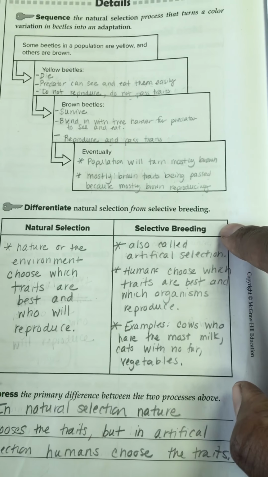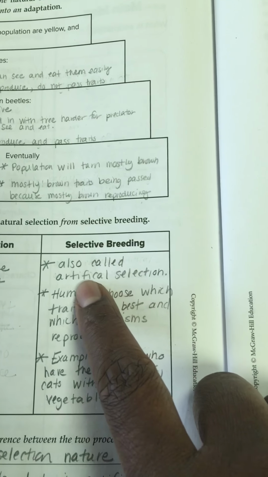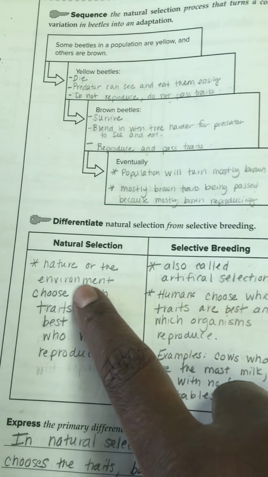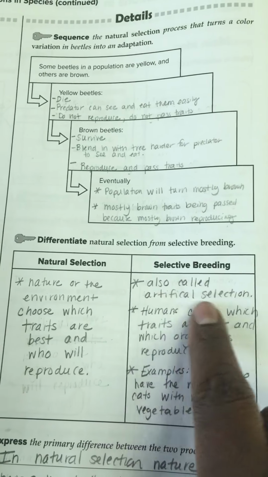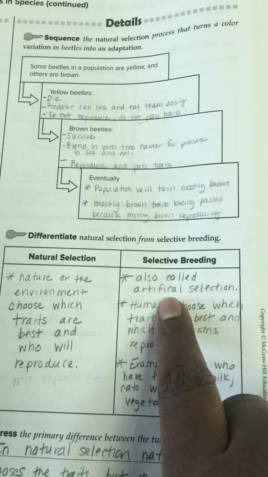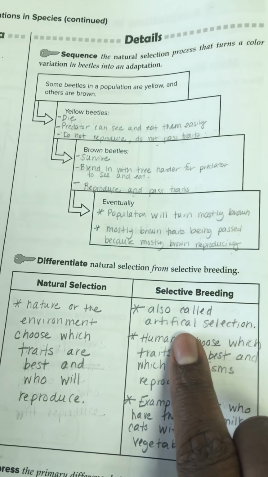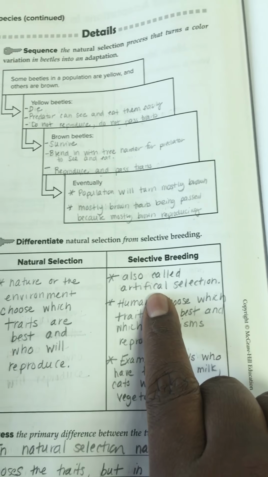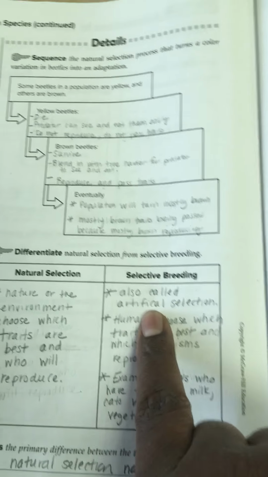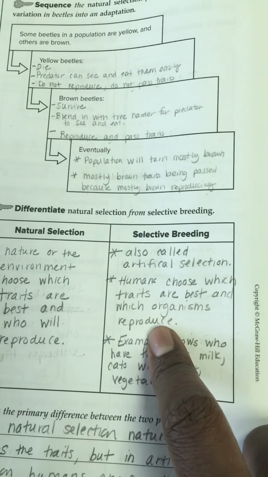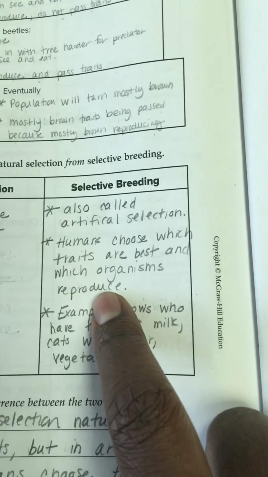But then there's another thing called selective breeding, and Miss Natasha actually likes artificial selection. That's a better word for this because it makes it easier for you to tell the difference. Artificial means fake, and the example that I gave is, this is my real nail right here, but if Miss Natasha was going to a wedding, I would get fake nails. I would get artificial nails. They're not real. It's a fake way of choosing traits. And humans are the ones who actually get to choose the traits that they want.